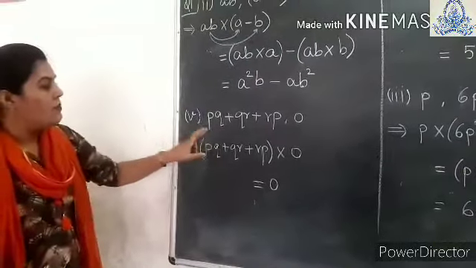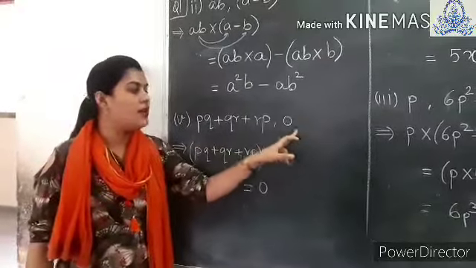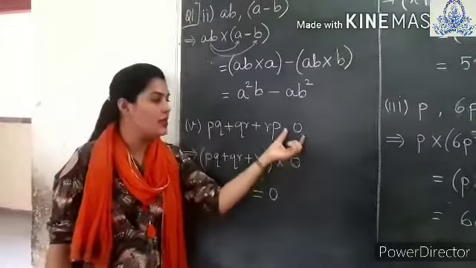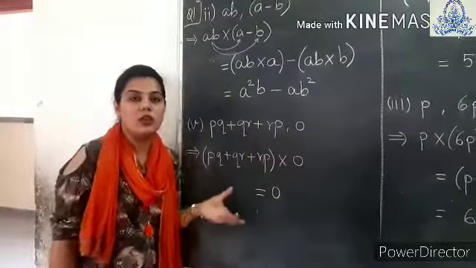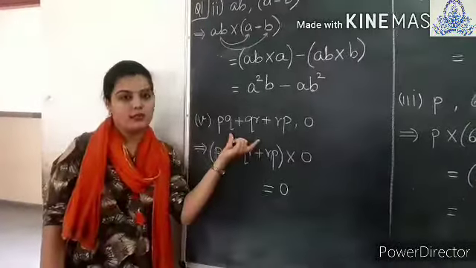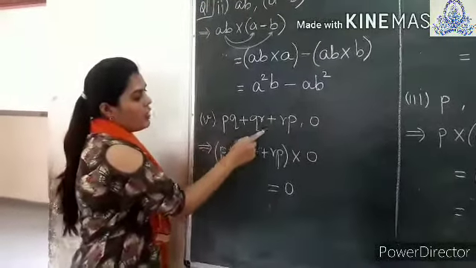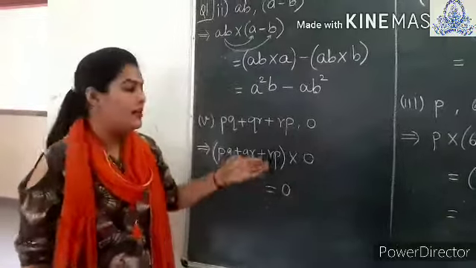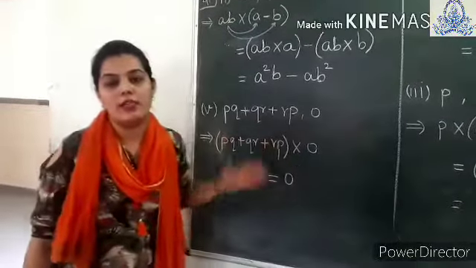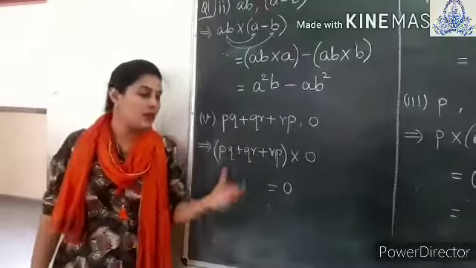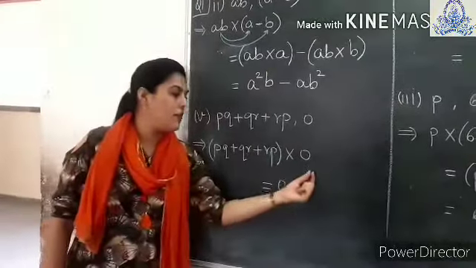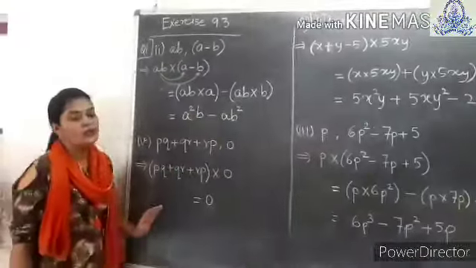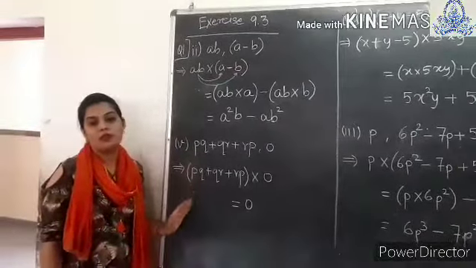Similarly, next example, see, PQ plus QR plus RP and another polynomial is 0. See, 0 is also a polynomial. You must be thinking, is it a constant or a polynomial? We can say that 0 is also a polynomial. See, PQ plus QR plus RP multiplied by 0. Now you know, since first or second standard, that anything multiplied by 0 is always 0, whatever that anything may be. So this trinomial multiplied by 0 gives you the answer 0 only. In the same way you can solve the remaining examples of this question number 1.